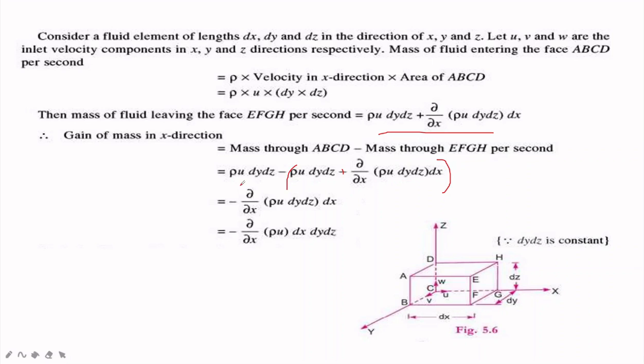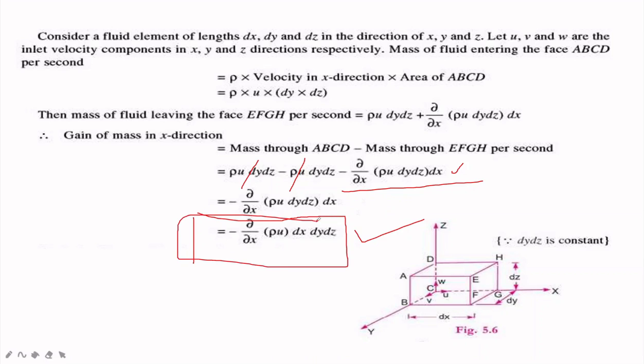Then after rho u dy dz minus rho u dy dz plus, into minus, again minus partial differentiation of x of rho u dy dz into dx. Then this step will come. After that this will get cancelled. So what is remaining? Partial differentiation of rho u into dy dz dx, right? That is negative. Okay, so the gain of mass in x direction is